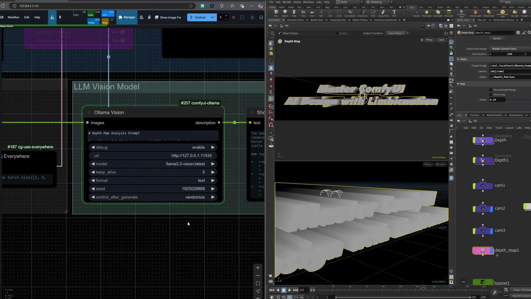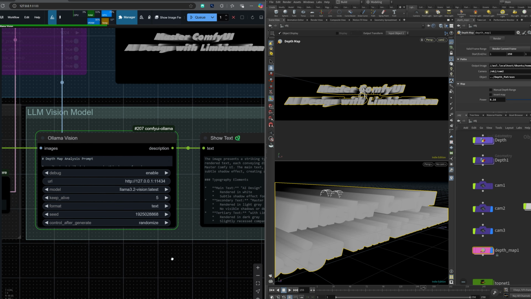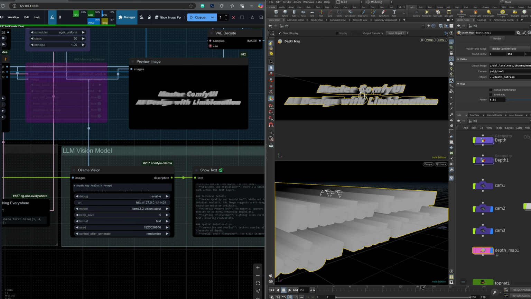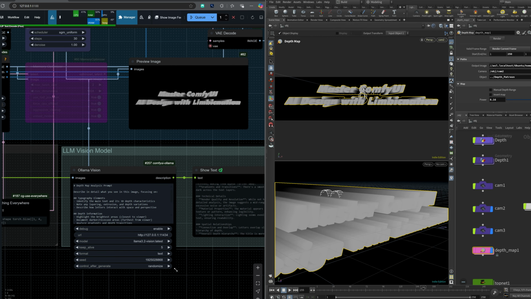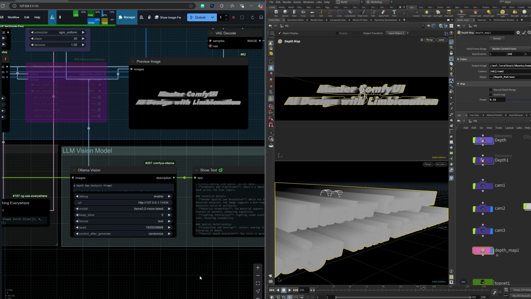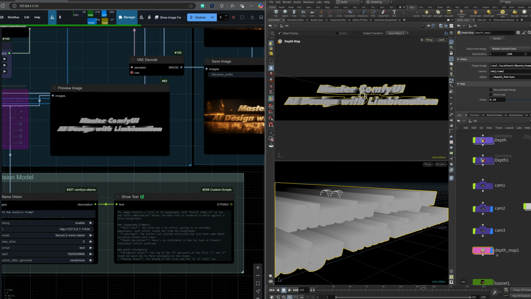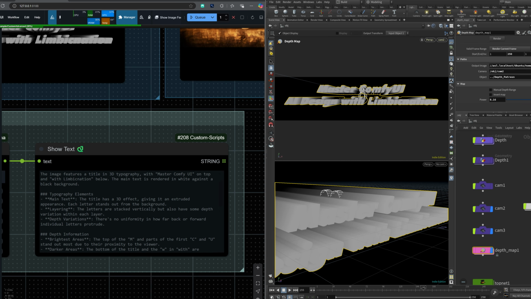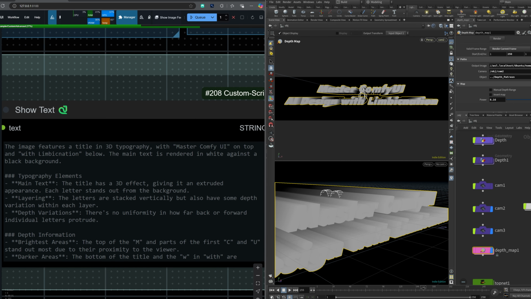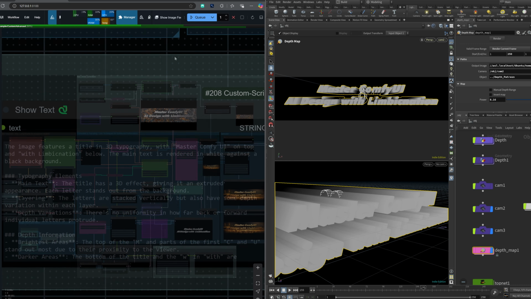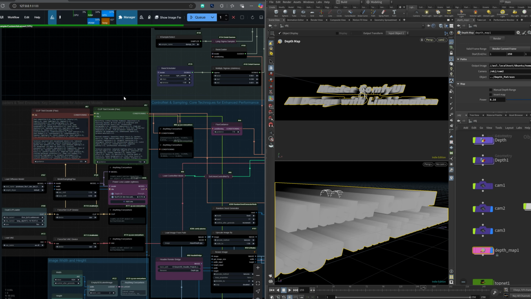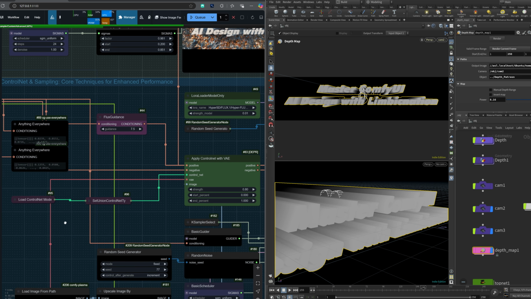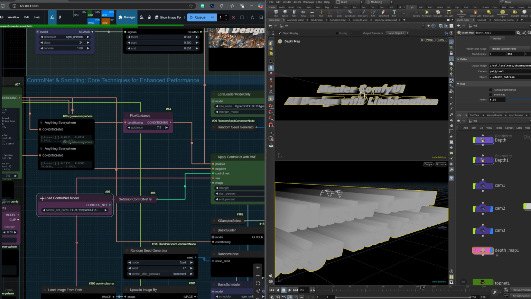This will go into the Ollama Vision, and I'm loading the Llama 3.2 latest vision model. I have a request here for depth map analysis prompt, and you will get the output here. So as we can see, the image features a title in 3D, master ComfyUI on top and with limbic nation below. It goes into the clip text encoder and then into the control net,